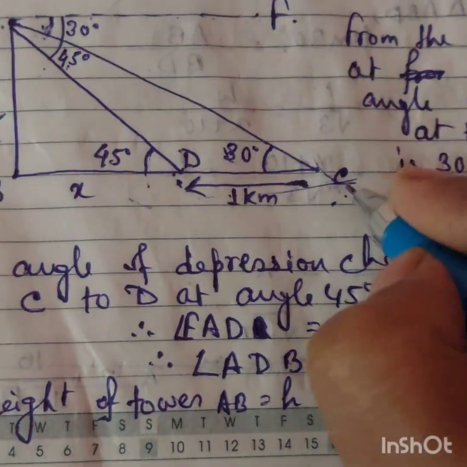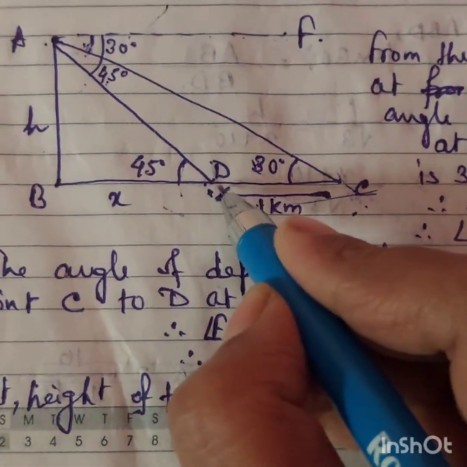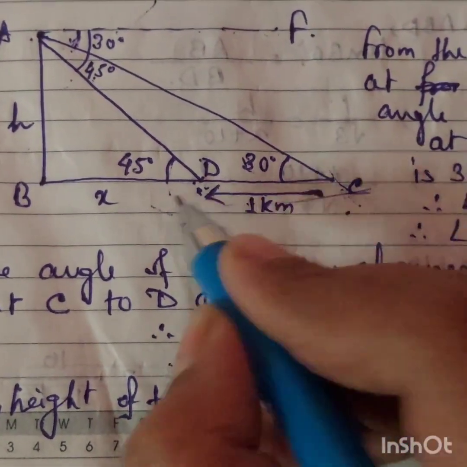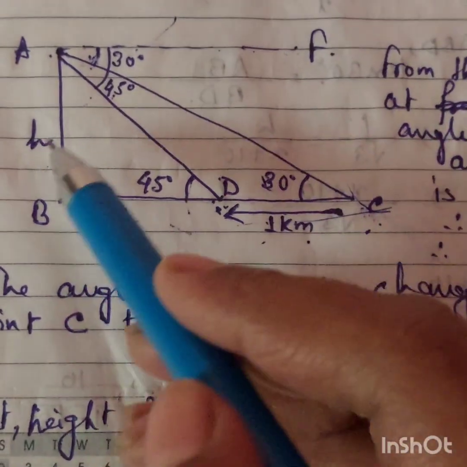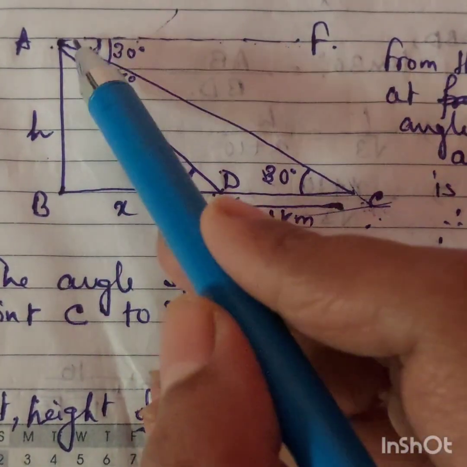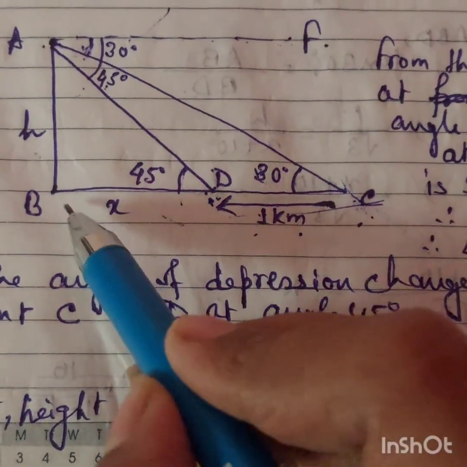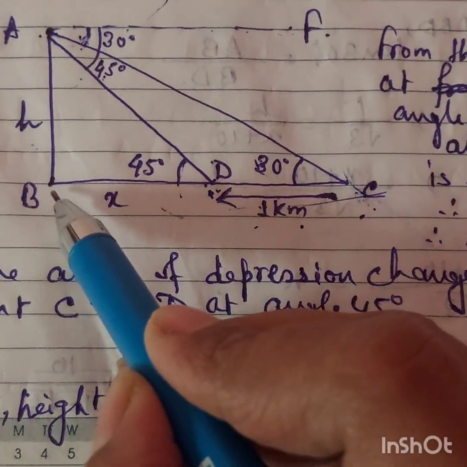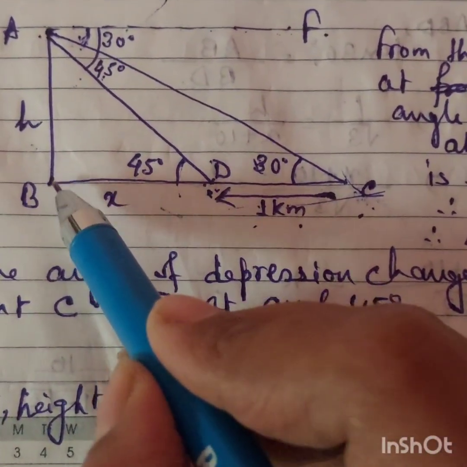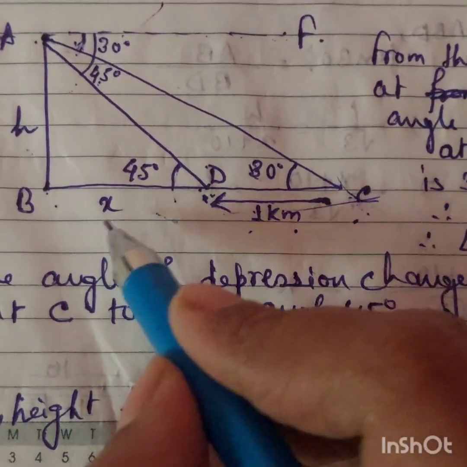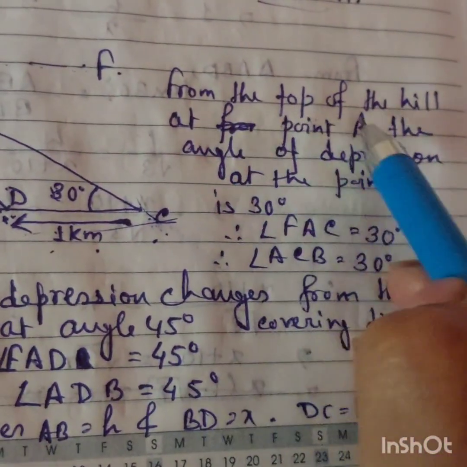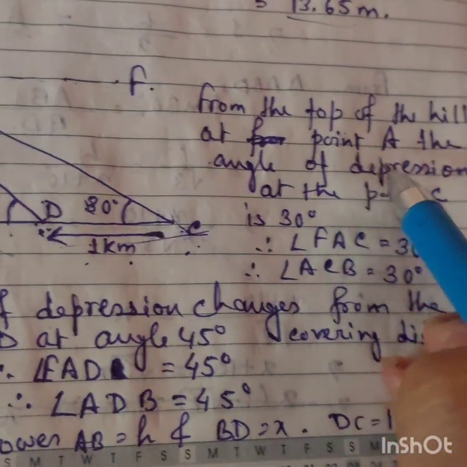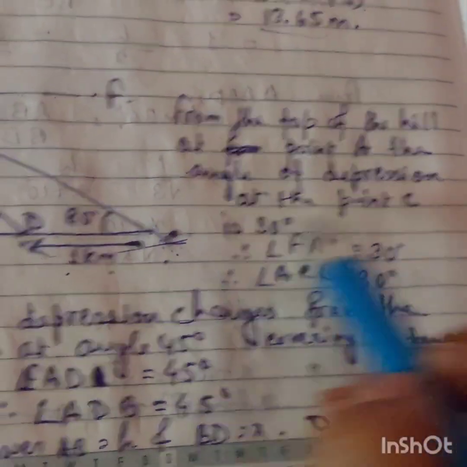First one is at C and second one is at D. The distance between the two stones is 1 kilometer, it is given. Now I have laid down the height of the hill as h, and the distance between the foot of the hill and the second stone is x. So see, from the top of the hill at the point A, the angle of depression at the point C